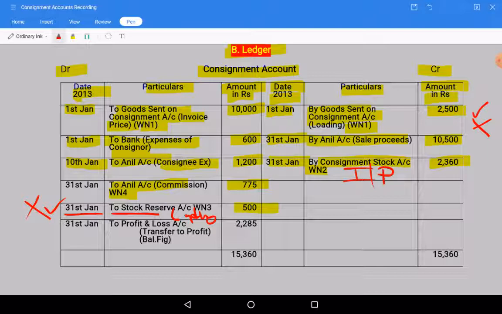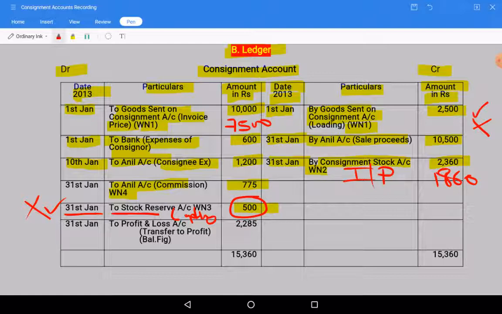From 10,000, if you deduct 2,500, how much will it be? 7,500, the cost price of goods. And consignment stock also will be at cost, that will be 1,860 rupees. From 2,360, if you deduct 500 loading, then it will be